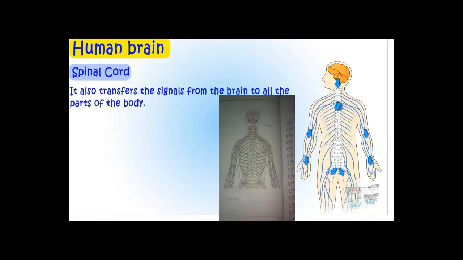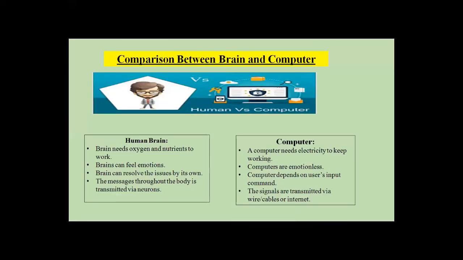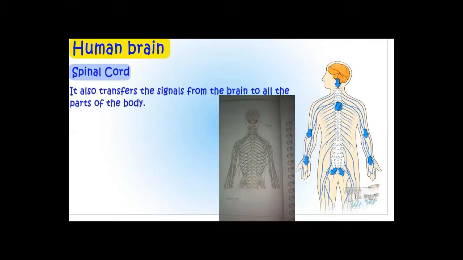We have discussed what the brain is, how many parts the brain has, where the location of the brain is, how we feel the brain, and what the function of the three main parts of the brain is. Now in your book on page number 11, there is a question: what can a brain do that a computer cannot do? Okay, I have this answer and let's discuss it with you.